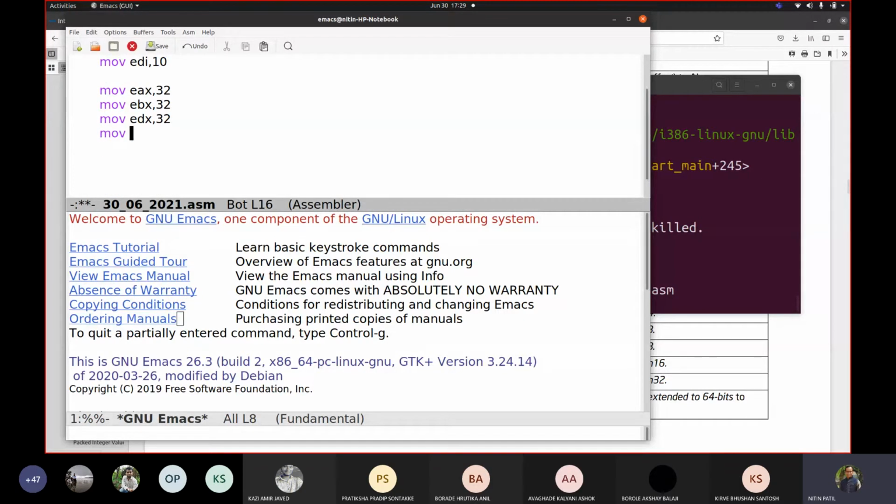We will only take for a while ECX, comma 32. To maintain the order, I will take this order. Fine, because we know the order EAX, ECX and EDX, EBX.